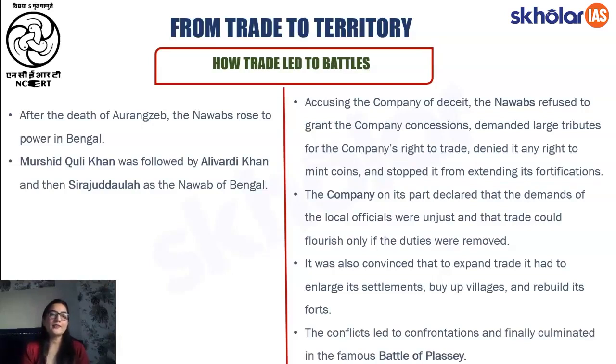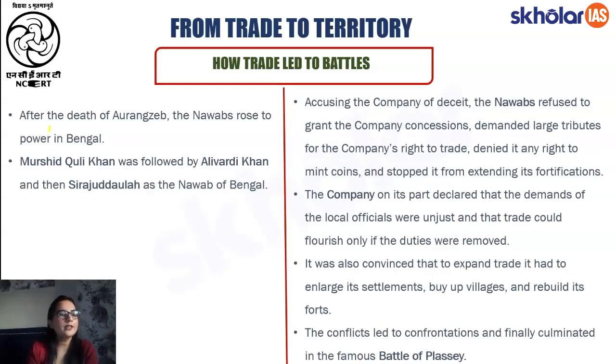Having said that, students, the second aspect that we must know is that after the fall of Aurangzeb and the gradual decline of the Mughal Empire, there were a lot of regional empires flourishing in our country, and among them, the most prominent were the Nawabs of Bengal. So students, keep these two aspects in mind, as the new concept that we are now going to study is the Battle of Plassey and what happened before it, during it, and the aftermath of the Battle of Plassey.